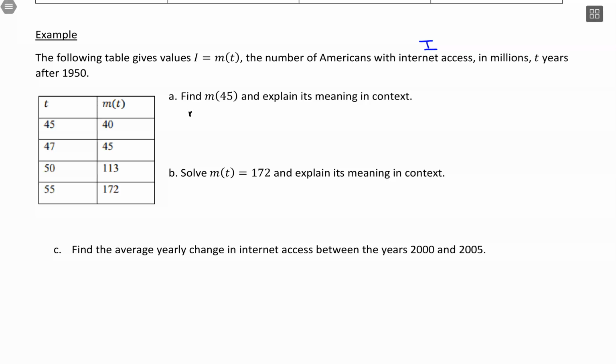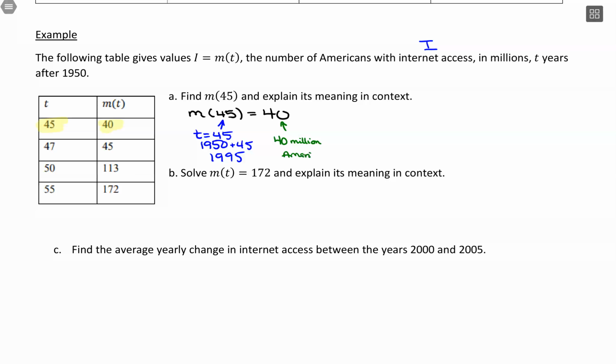So let's look at M of 45 and how we would interpret that. So M of 45, so t equals 45, that equals 40. So where I'm looking at here is t equals 45, and the output would be 40. So t equals 45 is 45 years after 1950. So that's translating to the year 1995 right there. Then this output of 40 is in terms of number of Americans with internet access. So this is 40 million